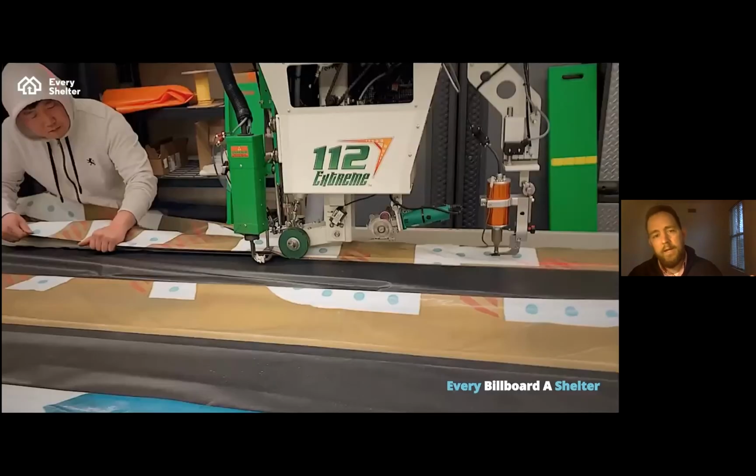So then we found a group that heat welded. I didn't know anything about billboards. My team didn't. We didn't know anything about heat welding. We're kind of scrappy. I suspect many of you are as well. We found an organization out of Ohio that heat welds. Typically, they're heat welding with